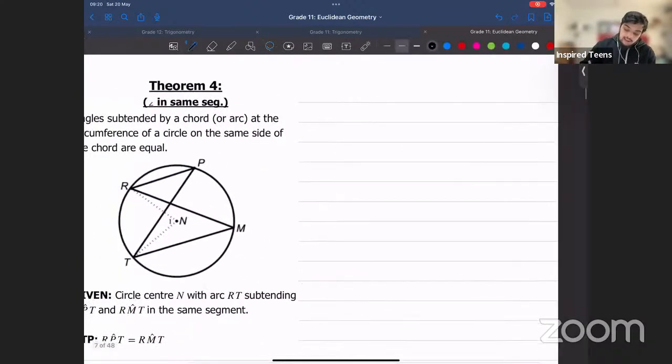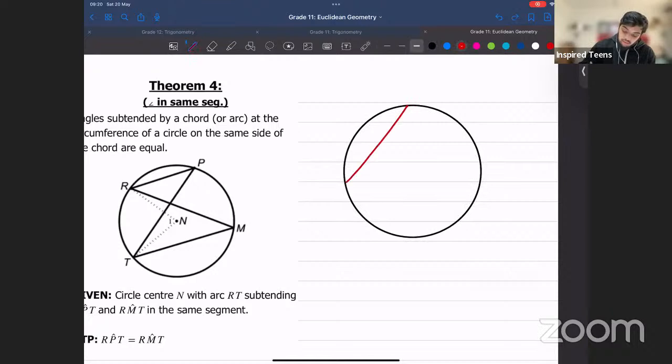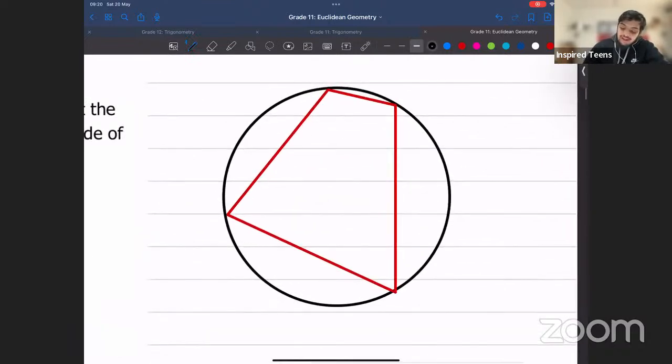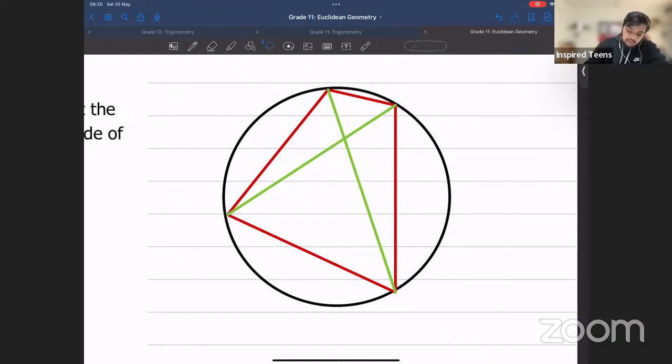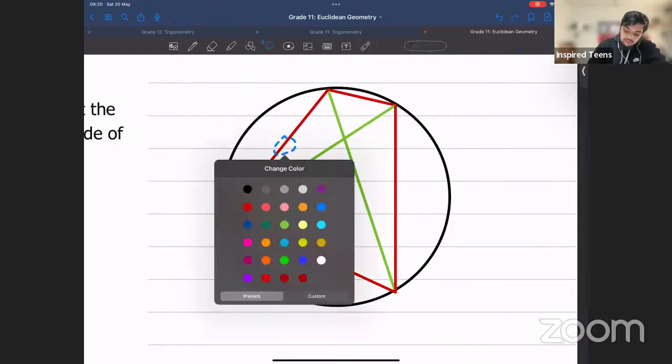In a cyclic quadrilateral, let's draw one. Okay, this is a cyclic quadrilateral. If we have to draw in our diagonals, they would look like this. So that diagonal and this diagonal are drawn in. Now, in this cyclic quad,